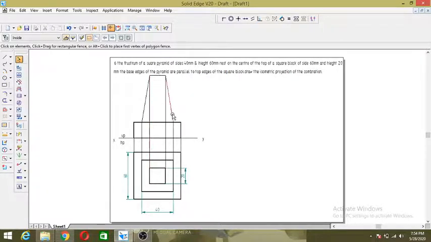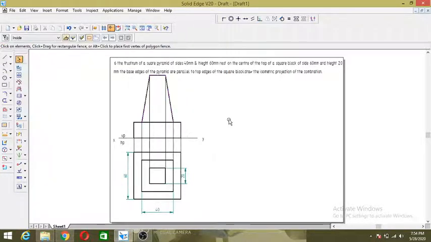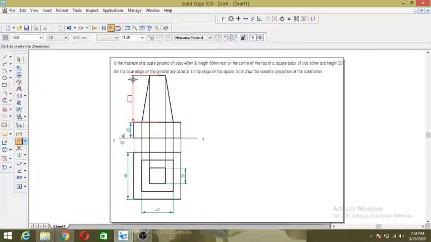Okay. Then again make these lines visible. So this is how it looks when I am viewing from the front. Okay, a combination of the solid, it looks like this. So then use smart dimension. So again distance between two points, reference, don't forget, 60. So these are required, sometimes the examiner may ask this also, so that's why I have drawn this.